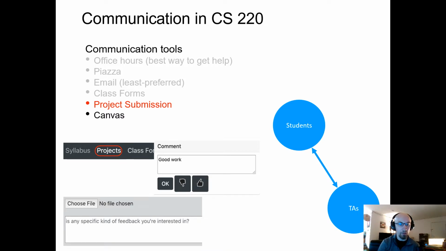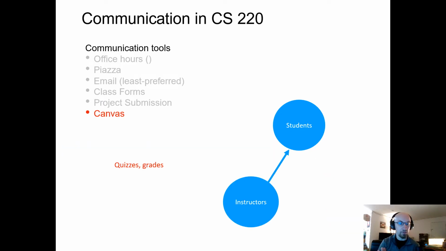When you submit a project, it'll be auto-graded within a couple of hours, and then TAs will make some comments on it when they get to grading it, and you'll be able to see those comments through the website. Canvas is really one-way communication. We're going to push our quizzes and grades through Canvas, and all course information will be available on the course website, but Canvas is primarily about pushing information.